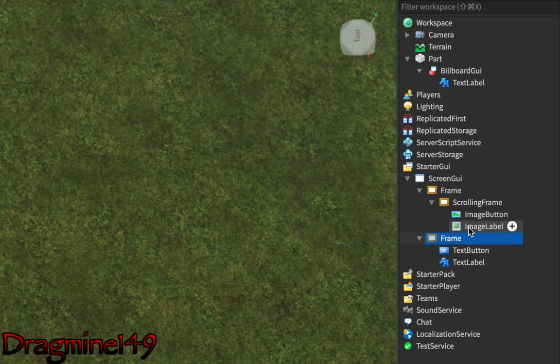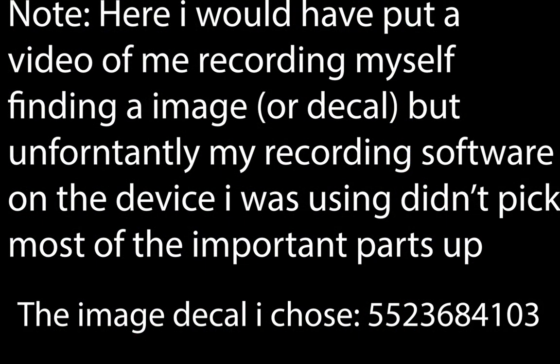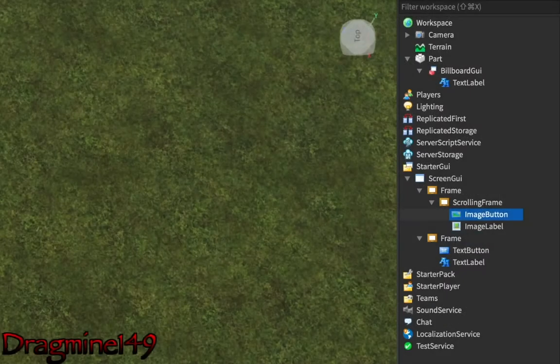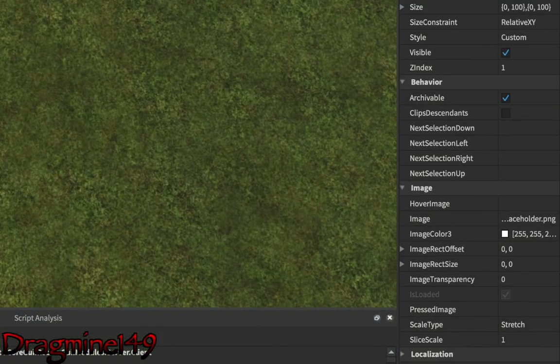Now, as these are images, they are going to require an image. Images on Roblox are occasionally called decals. So we go to properties of the button. We've got the same things up here, same things there, but if we scroll down, we see this new thing called image.